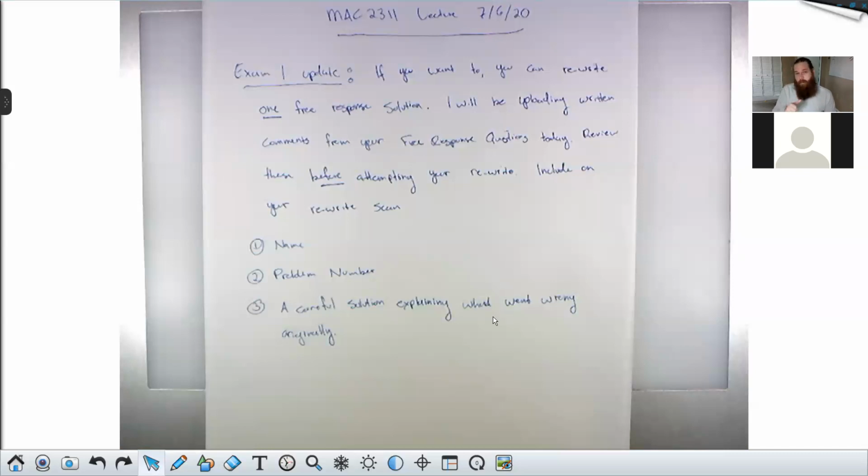Once you have these things, then you'll scan and submit them. Under the new assignment, it's going to be a 0-point assignment in Canvas because I'm going to be going back and adjusting your exam 1 grade based upon it. Once I have all the rewrites in and graded, I will be duplicating your scores and the gradebook will be up to date. Any questions on this?